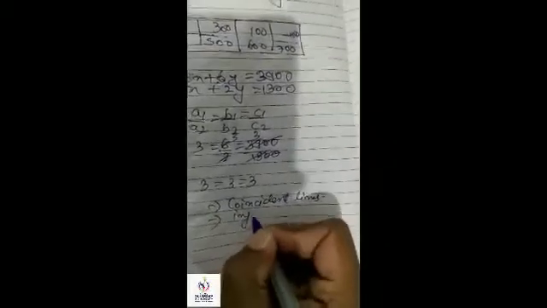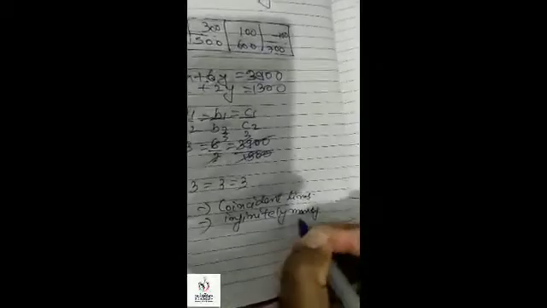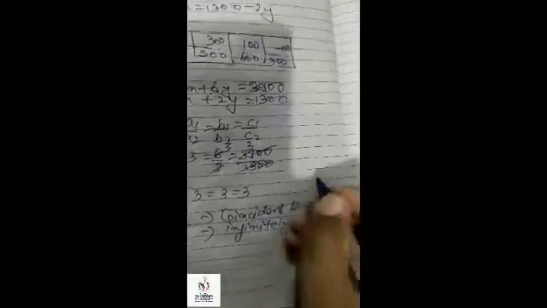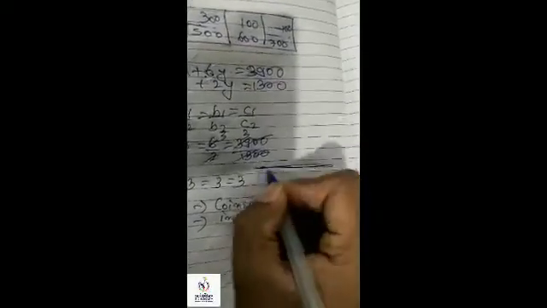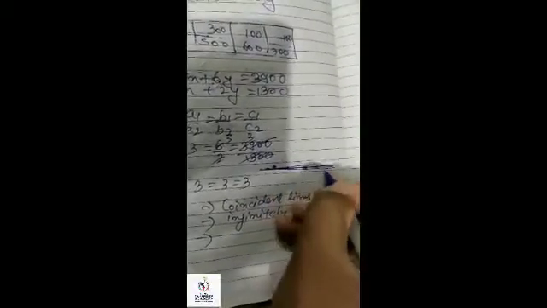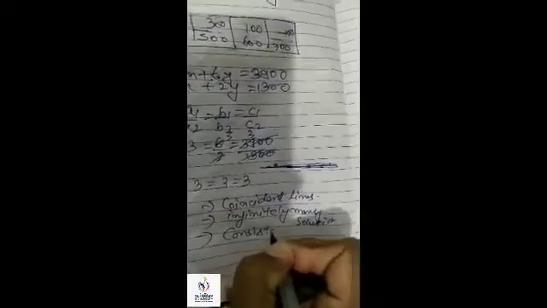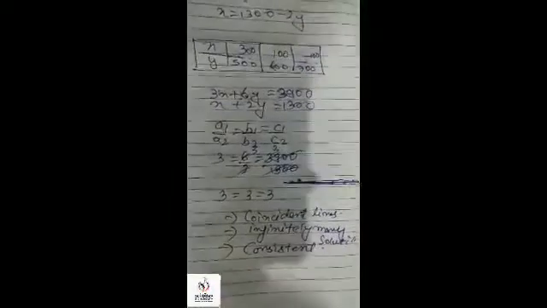And the solution for this pair of linear equations is infinitely many solutions, because both the lines repeat over themselves. Okay, so they will touch at many places, that's why there are infinitely many solutions, and if we get a solution, the lines are consistent. Okay, now this solution table you will make on a graph by yourself.